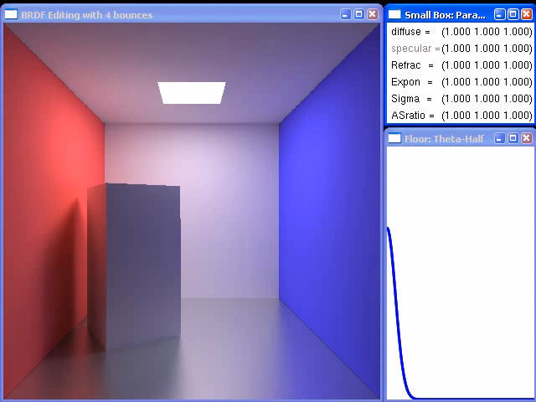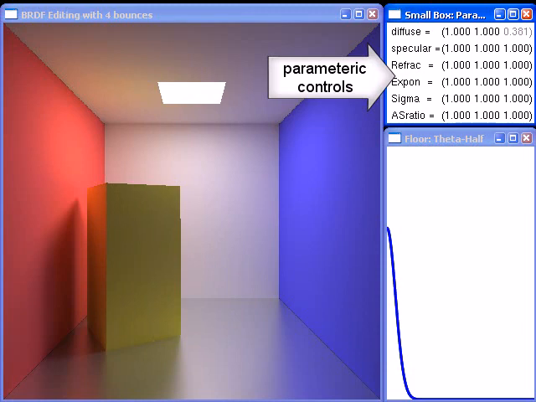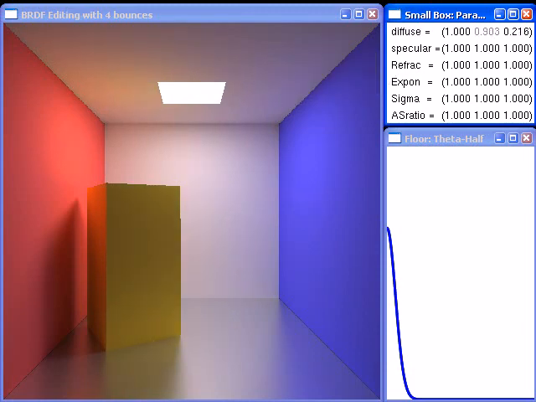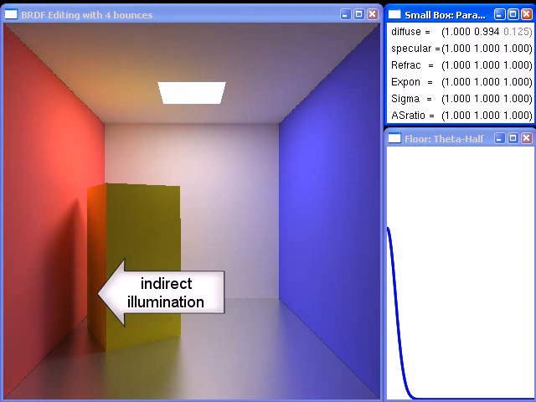We start by showing a simple edit where we change the color of the small box to yellow. We do this using the parametric controls as seen in the top right window. Notice the strong interaction between the red light coming off the left wall as it illuminates the side of the